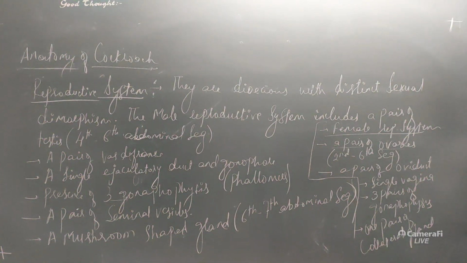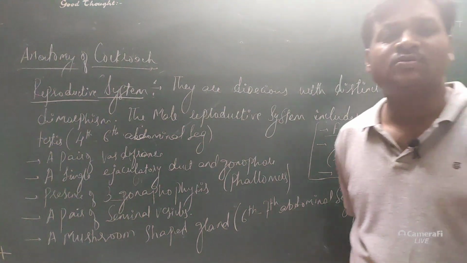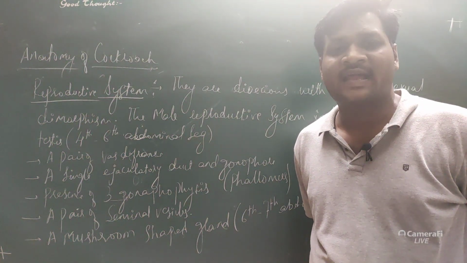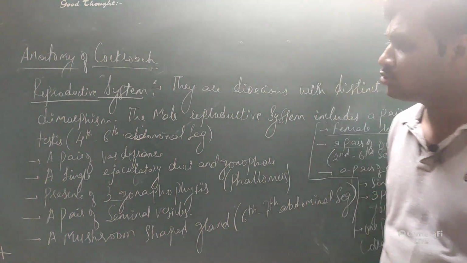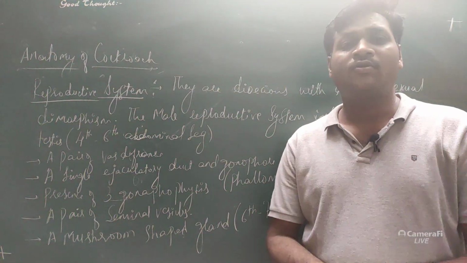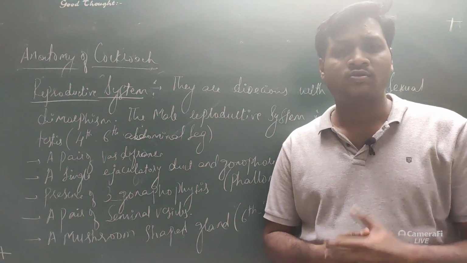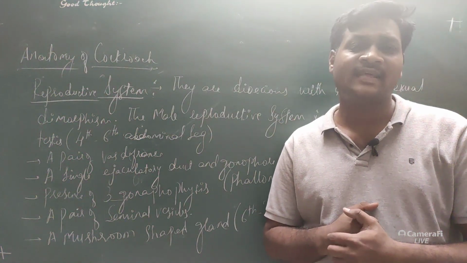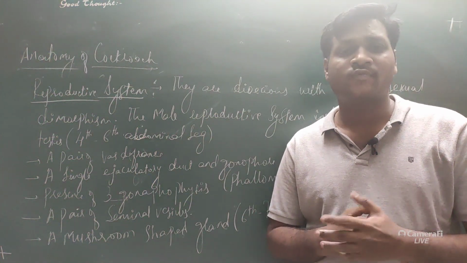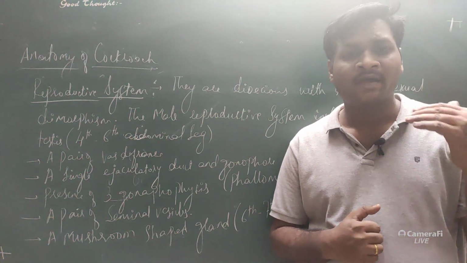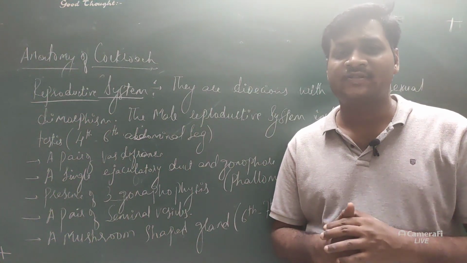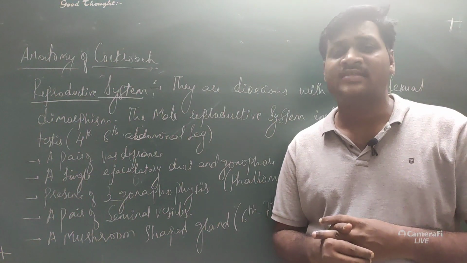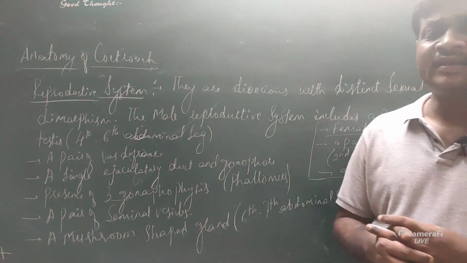Then we discussed the connective tissue, what it is and its types. It consists of loose connective tissue, dense, and specialized connective tissue. In loose connective tissue, we talked about the areolar and the adipose connective tissue. In dense connective tissue, we discussed dense regular and dense irregular. And in specialized connective tissue, we discussed 2 different types, the vascular connective tissue and the skeletal connective tissue. In vascular connective tissue, we discussed blood and lymph, and in skeletal connective tissue, we discussed bone and cartilage.